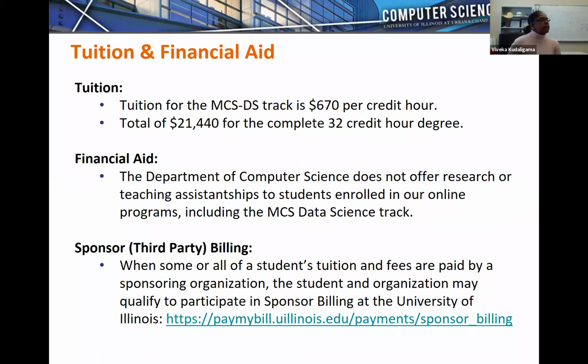And this is not on the slide deck, but there is also a way for students who are paying out of pocket to sign up for a payment plan. Each term you can pay in 3 to 4 installments depending on when you sign up for the plan. And that information is also available on the financial aid website, and we can provide that. That link might be on the next slide. Christine, we can move on.